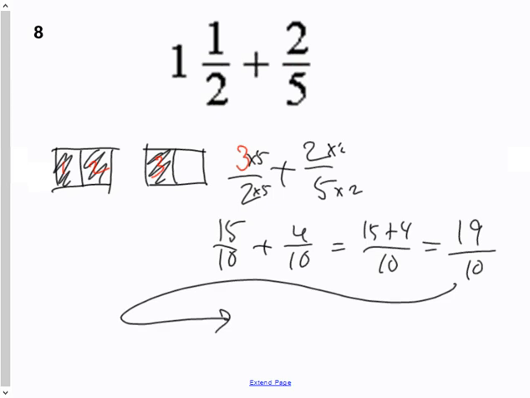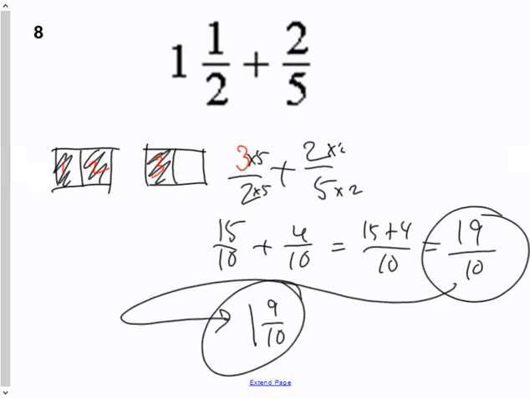So if I think about what 10/10 is, 10/10 is 1, and 9/10 would be left over. If you only had this, that's fine. That's fine to keep it as 19/10 because that's the right answer. But if you put it back to mixed fraction, if you're familiar with that, that's good as well. And since we're not doing it face to face, I'm okay if you leave it as improper.